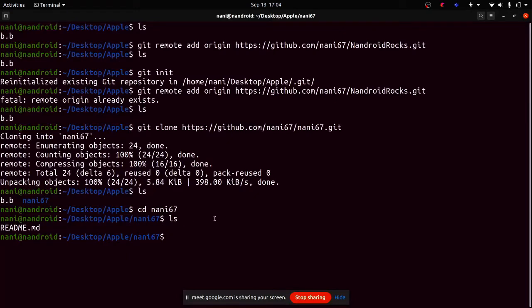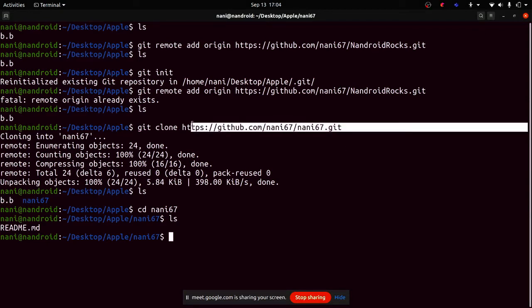If I had more lines and a larger amount of code, then everything would be seen over here. So you have to use this command in this way: git clone. Clone is nothing but copy, but you use the word clone, don't use the word copy, it will show an error. And this is the URL of that particular project which you want to copy.